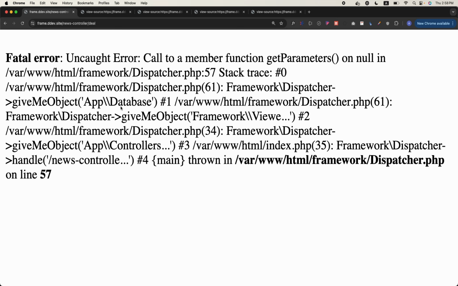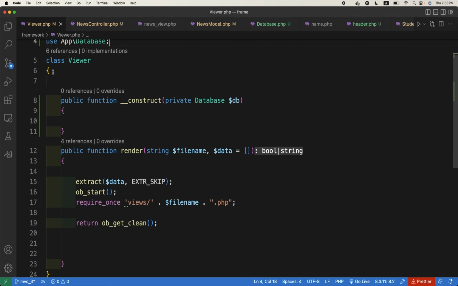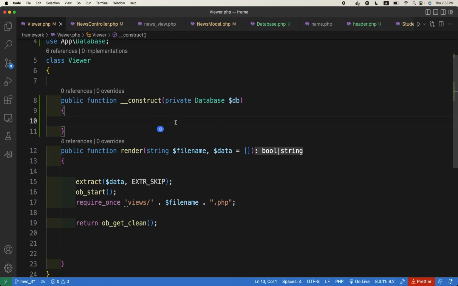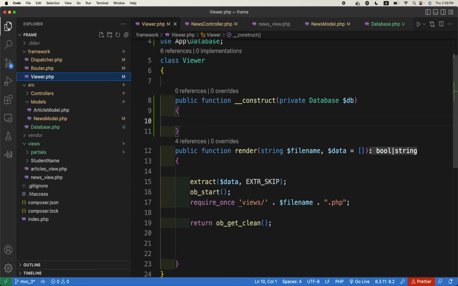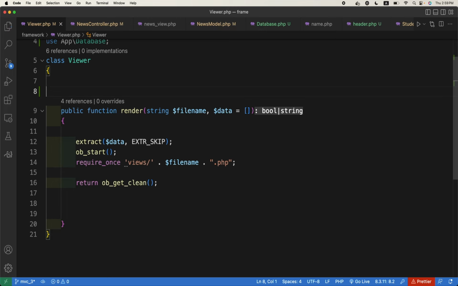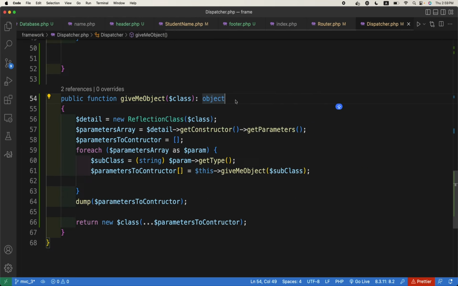Now the database class also is being checked, and so on. So it can go down. What we can do is we will now remove the constructor, because it doesn't need any database in its constructor. But in the dispatcher method, this give me object,